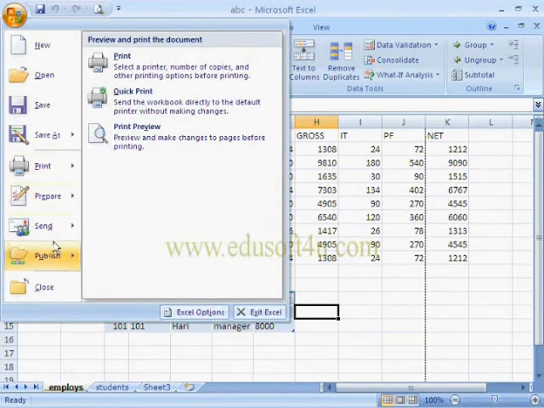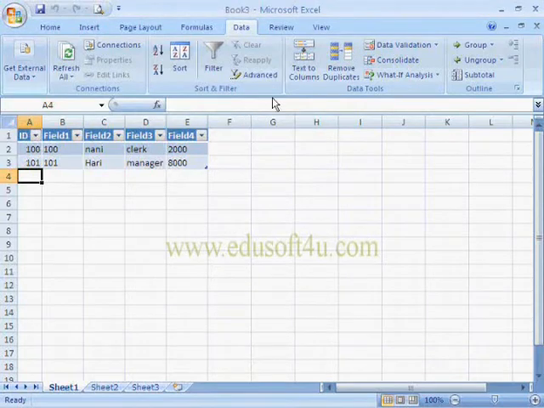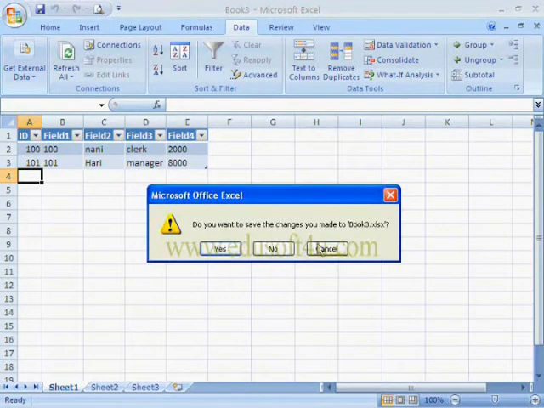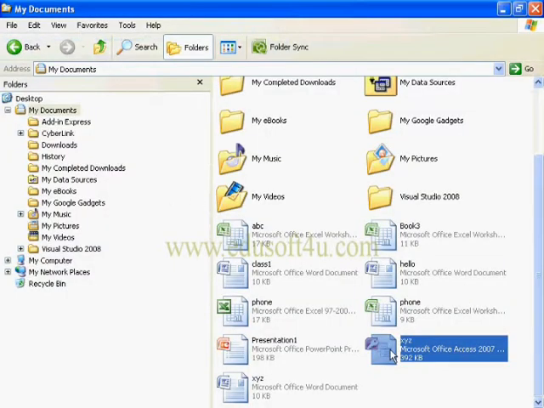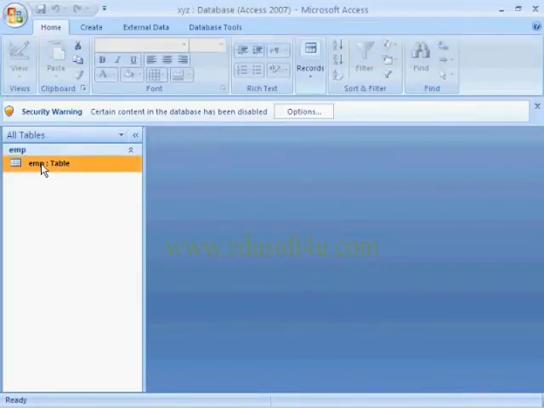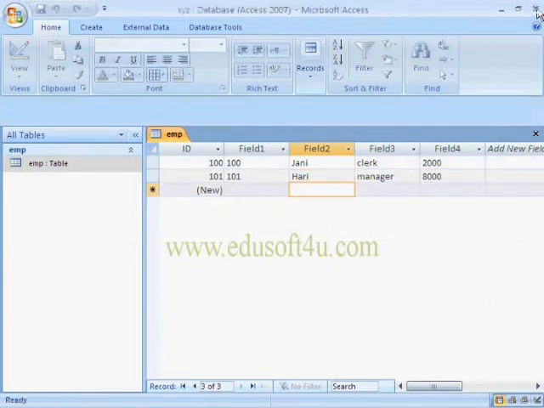And we have to close another file also. Now I am opening Access file. Here I am changing this name. And close this file.